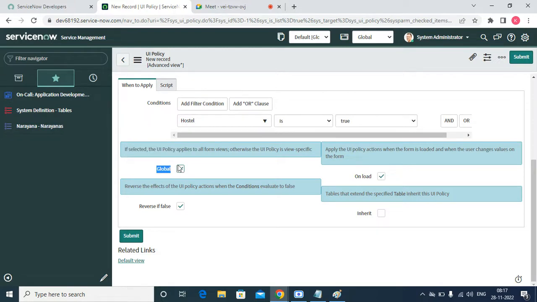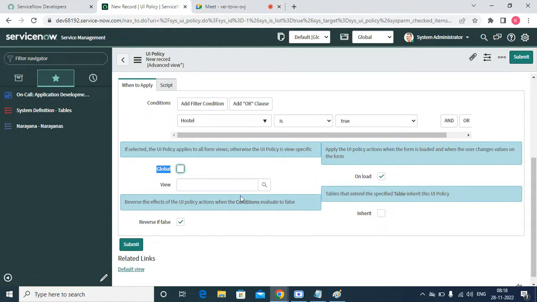If you give global as true, we have created multiple views earlier, like the SSC view, hostel view, and interview. There are different views we have created. So if you give global as true, it will execute all the views irrespective of anything else. Or else, if you want to execute it in any particular view,